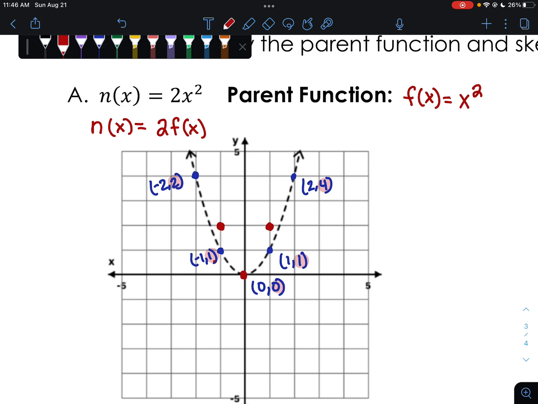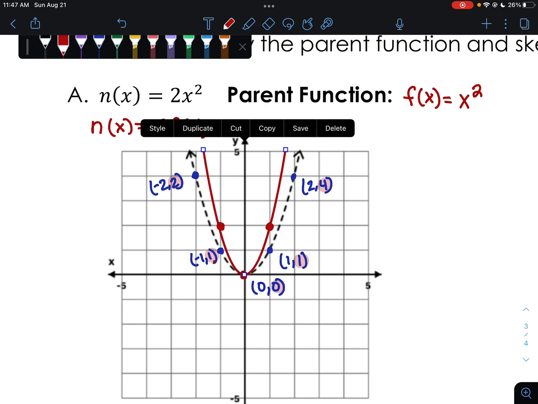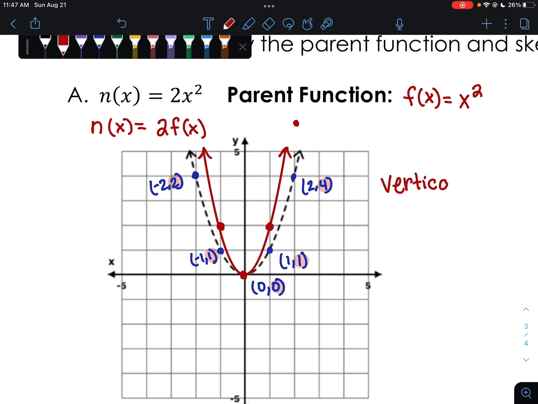Then I have 2, 4. If I take that 4 multiplied by 2, I get 8, so it would be 2, 8, which is off of my graph, but let's just guesstimate that it's somewhere up here. Same thing for the other side. I don't want to mess up my writing, so I'm not going to do that, but just so you know, we would have points off the graph. So we connect the dots. Looks something like this. So this would be our transformed function with a vertical stretch because it was bigger than 1